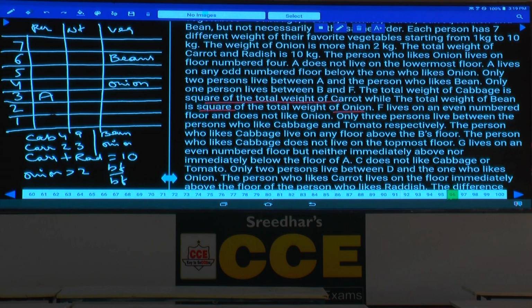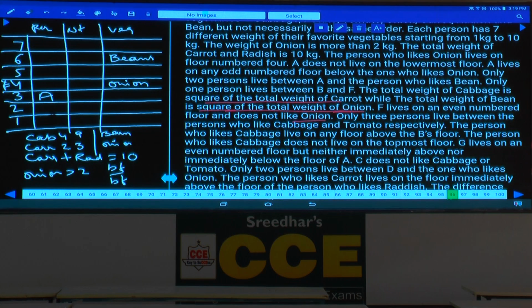F lives on an even number floor and does not like onion. Hence, F cannot be on floor number 4. As F cannot be on floor number 4, where should this F be? F can be either on the 2nd floor or on the 6th floor. 2 possibilities for this F. Then,